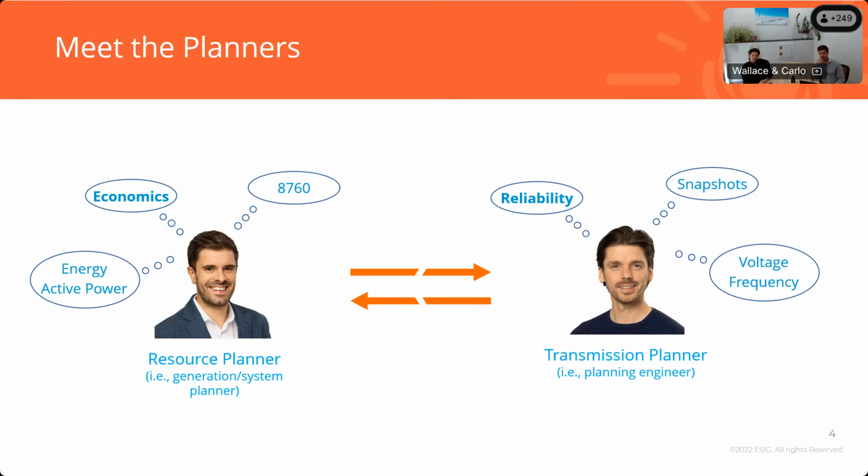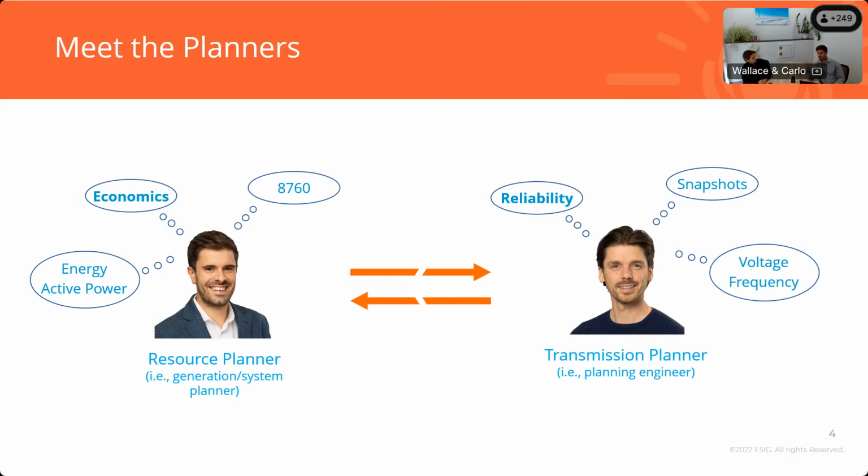Well, Wallace, who is going to speak from the voice of a transmission planner, or in many utilities and system operators also called a planning engineer, he's really concerned about the reliability of the system. He thinks a lot about the system from a snapshot perspective. He's not used to thinking about every hour and every potential operating condition, but more specific, stressful conditions of the system. And he wants to make sure the system can reliably operate during those times. And he's always thinking about voltage and frequency, and about a lot of the considerations that we heard, particularly yesterday